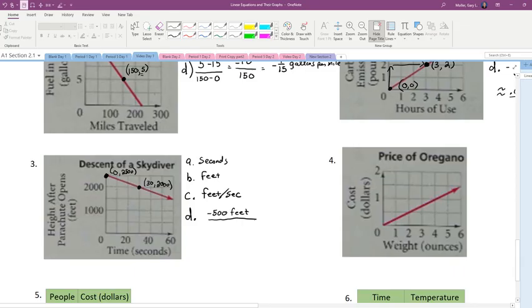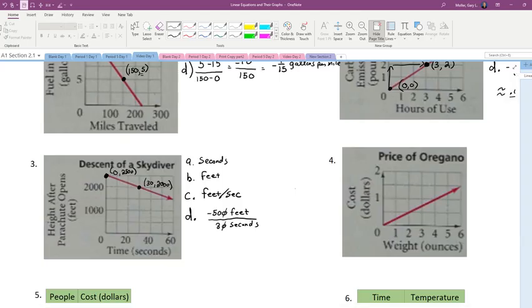500 feet. And how many seconds did that take? 0 to 30 is 30 seconds. So overall rate dropped 500 over 30 seconds. But I should probably reduce this the best I can. Looks like I can cross off 0, make it negative 50 over 3. But if I want to know the unit rate, so how much for every 1 second, it would be the